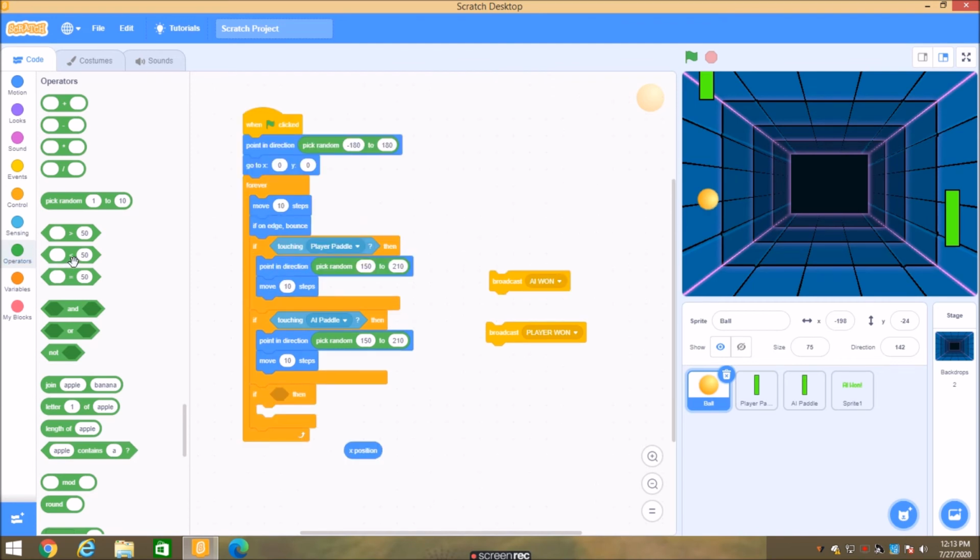If x position is smaller than negative 198, then broadcast AI1, because here our player paddle is there.